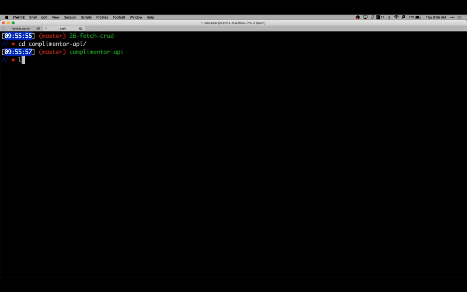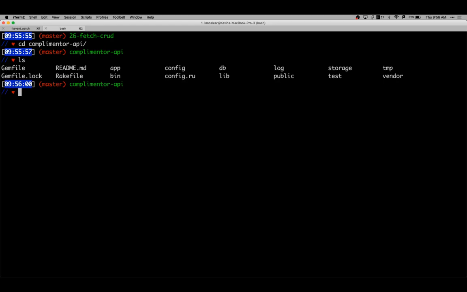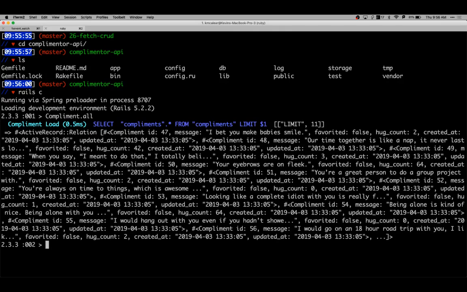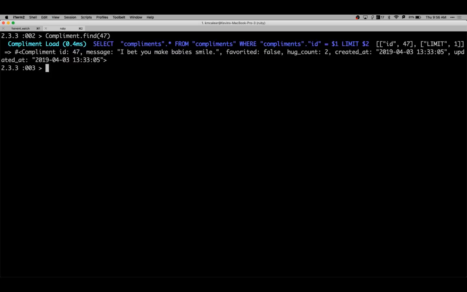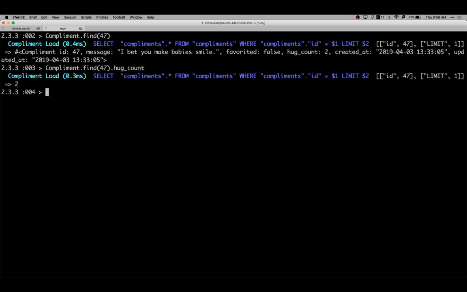So I'm in my Rails app. See, looks like a Rails app. Rails console. Here's all my compliments. Let's find 47. Right, there it is. Let's look at its hug count. It's 2. Right, same thing. If I